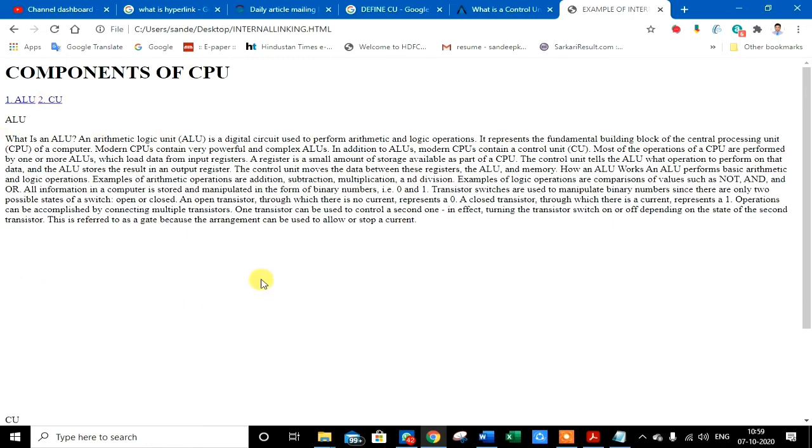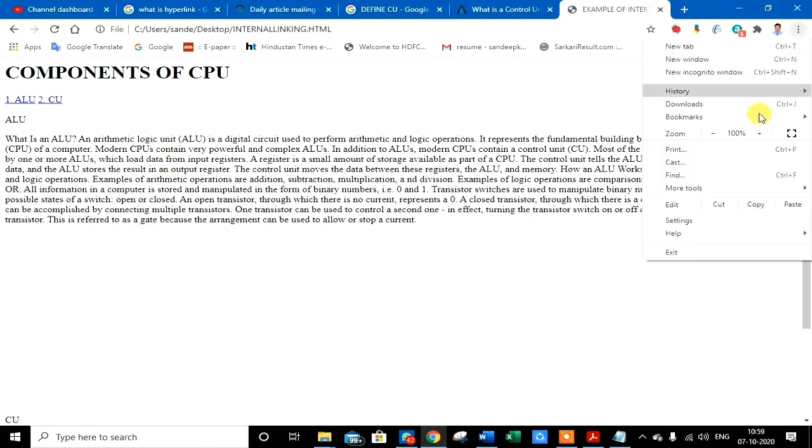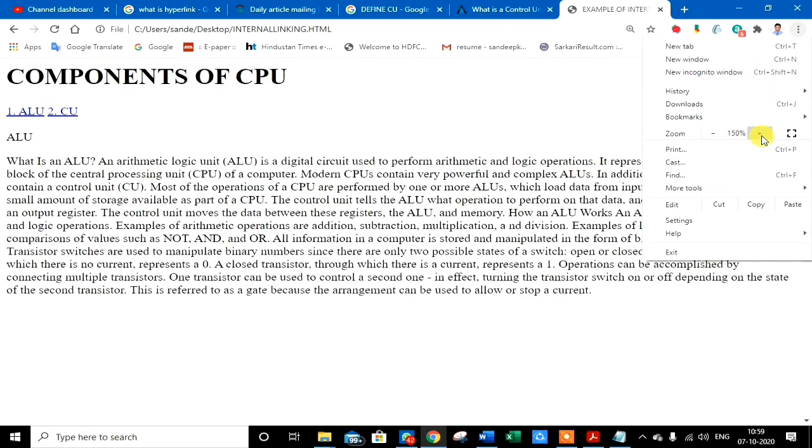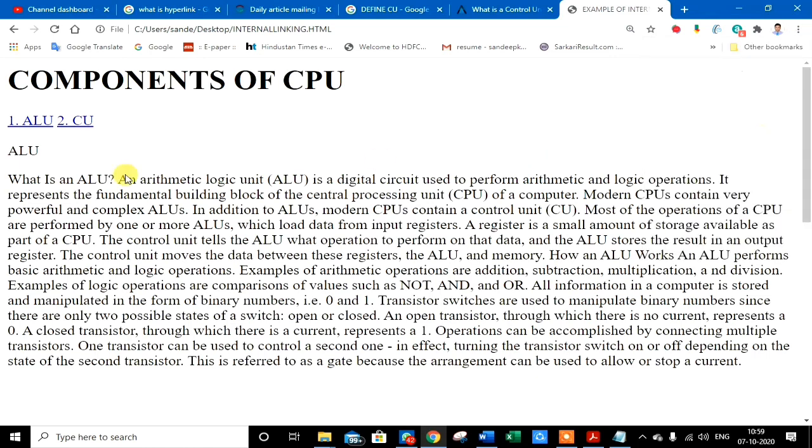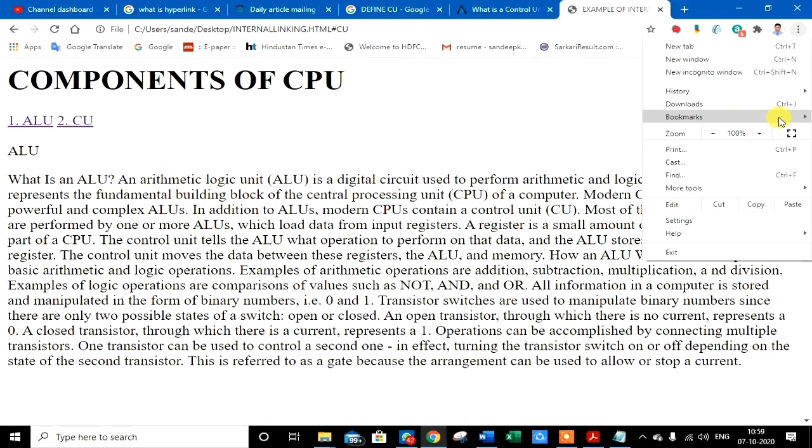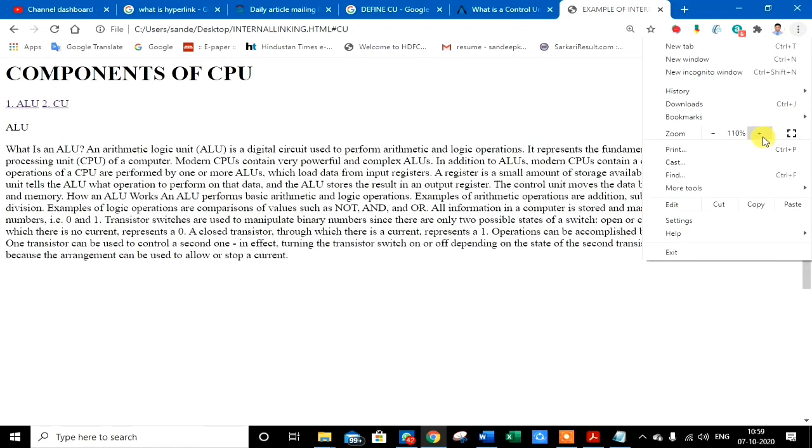So then you can see here the web page. Let's zoom it.